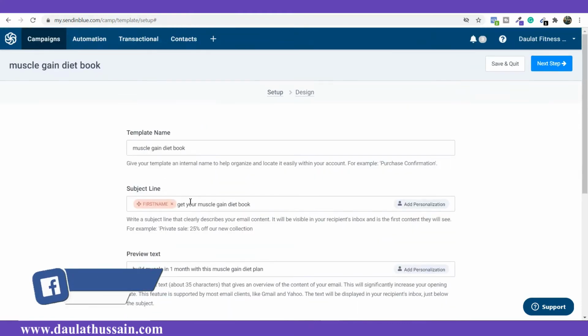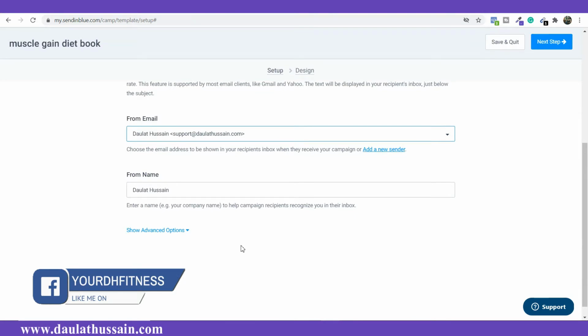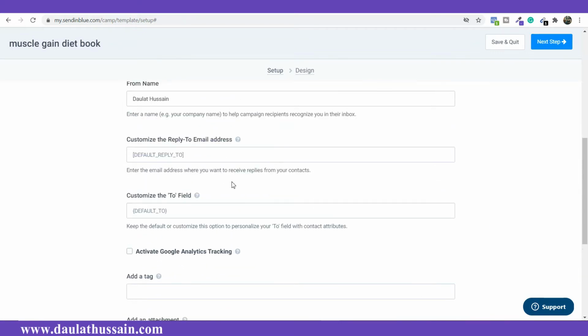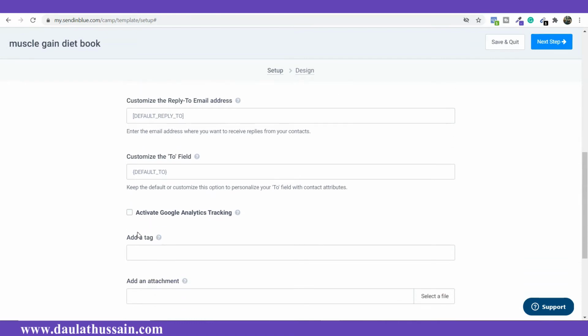Once you're done with all the settings, here you get some advanced features as well. So if you want to do some advanced settings, you can do that as well. Just simply click here, and here you will find the option to do those advanced settings. I recommend you leave these two columns as they are, don't make any changes, because it's fully optimized as per your data, as per your email ID. So just leave it that way. And from here